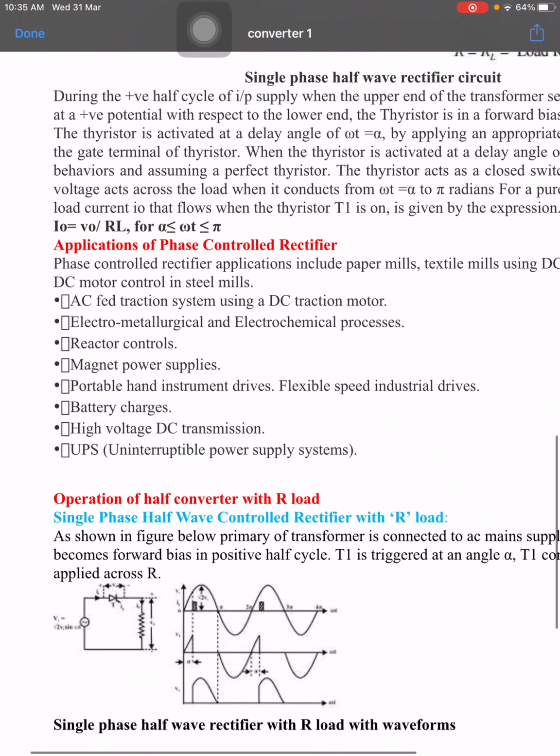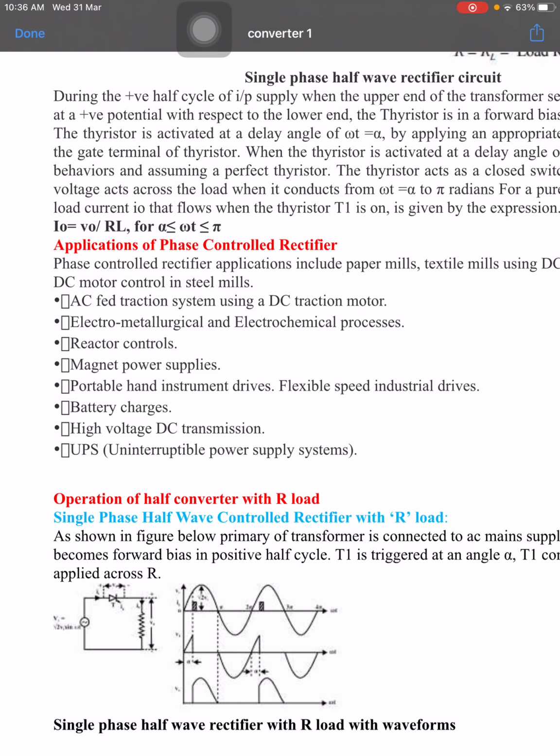When we take the applications of phase control rectifiers, we have so many applications like power supply, battery charging, UPS like uninterrupted power supply, reactor controllers, traction, industrial speed drives, and high voltage DC transmission like HVDC transmission, because we have to control. By using commutation also we can turn on or turn off the thyristor. That is also one plus point for the phase control rectifier. Based on these major aspects, we are controlling the thyristor.